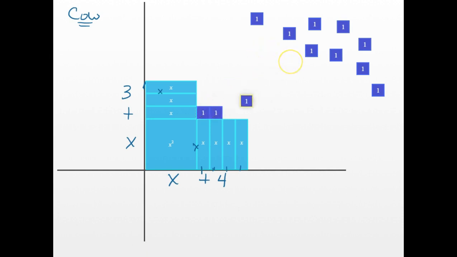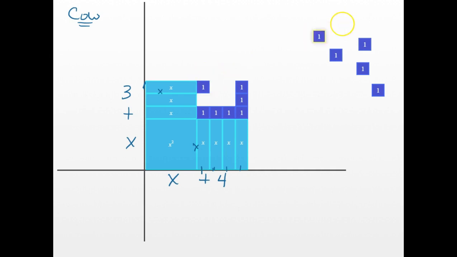And the reason why we have to fill these in is because we know that if this side length is x plus 3, then this entire side length also needs to be x plus 3. And so creating this rectangle so that the right side matches the length of the left. Same thing here. If this is x plus 4, then I know that the top portion also has to be x plus 4 in order for this to